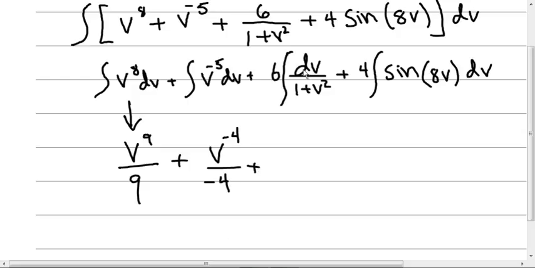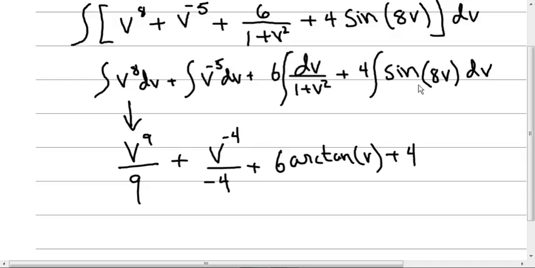plus, we notice we brought our 6 out. You can always do that. You can always bring a constant multiplier out like this. And what we have to do is simply recognize, well, what's the antiderivative of this? And you should know that this is going to be arctan of v